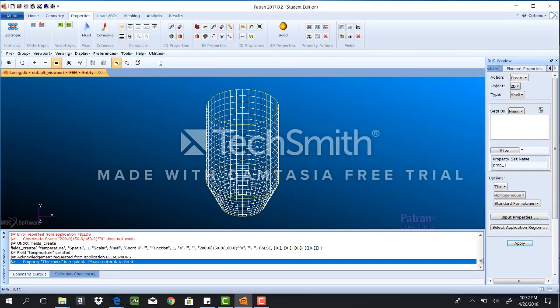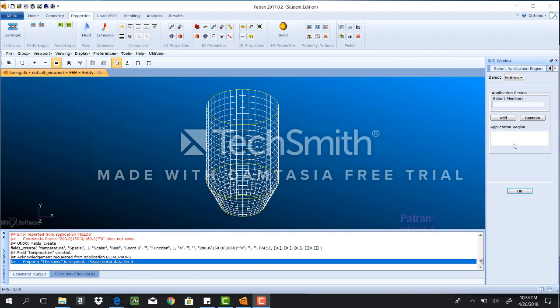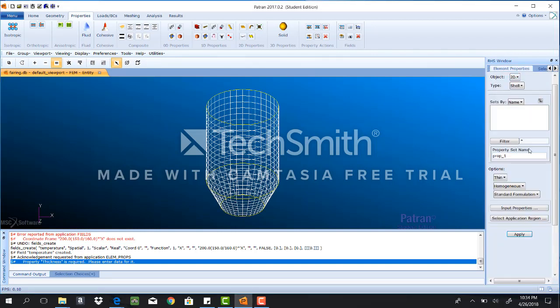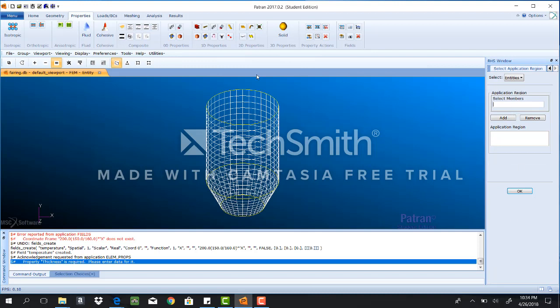And then click OK. Going to go to select the application region, select members,